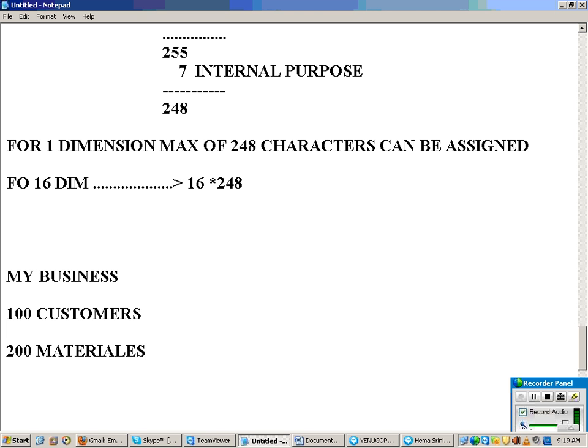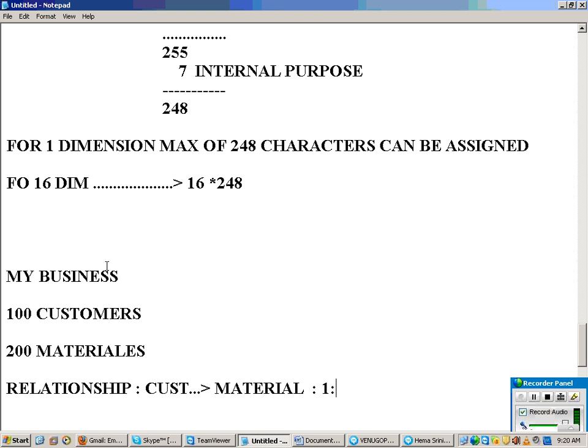Now, what is the relationship between customer and material? The relationship between customer and material is that a customer will buy one material or multiple materials. So he can buy multiple materials. Right?